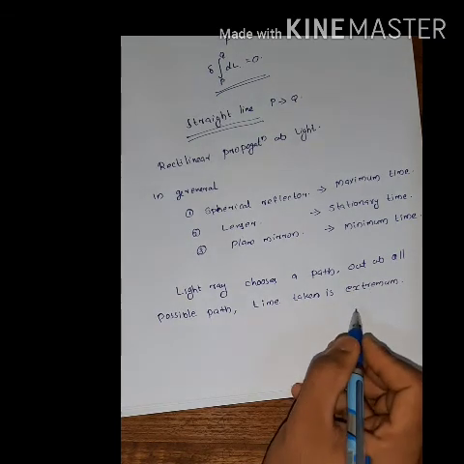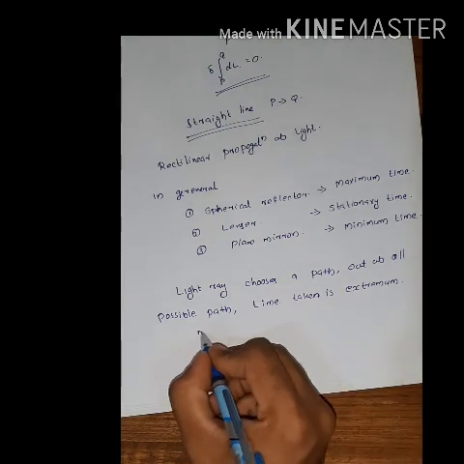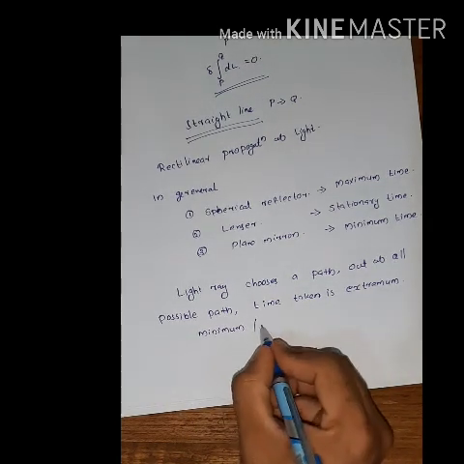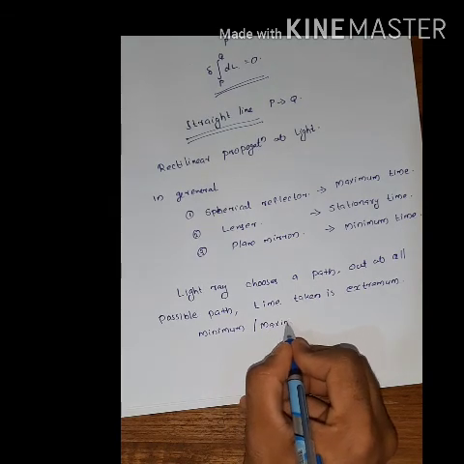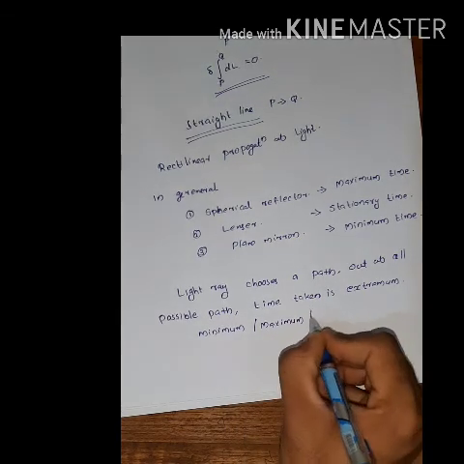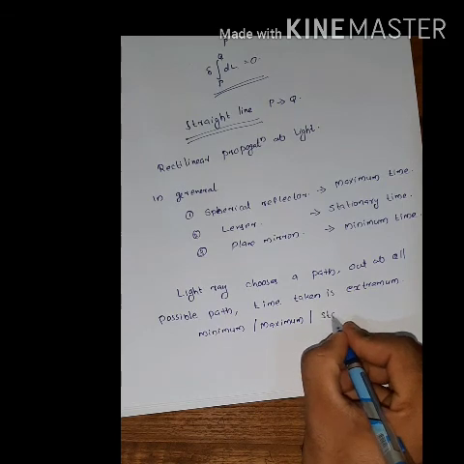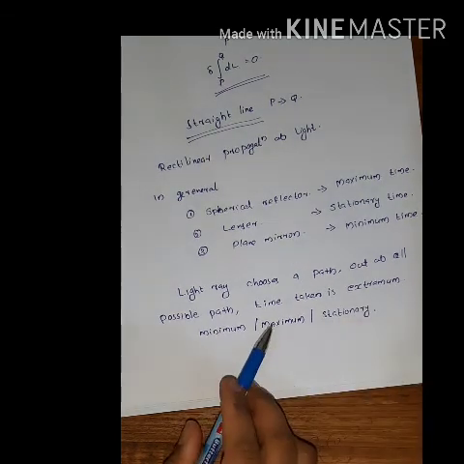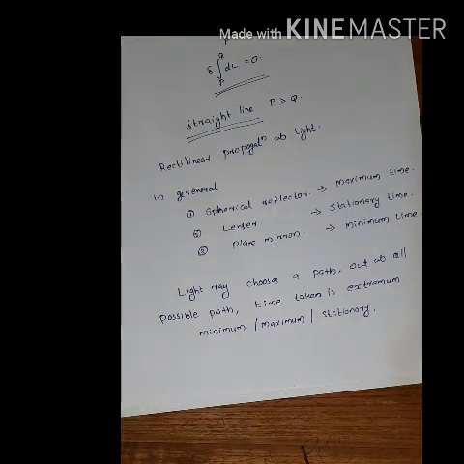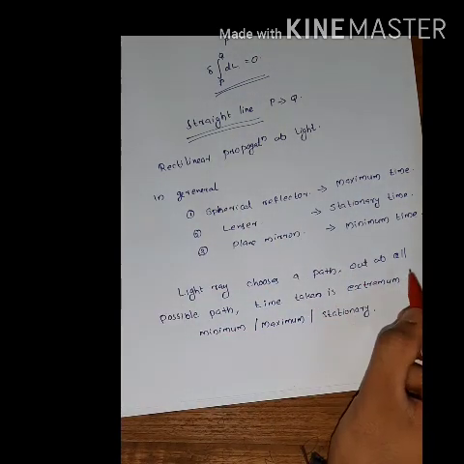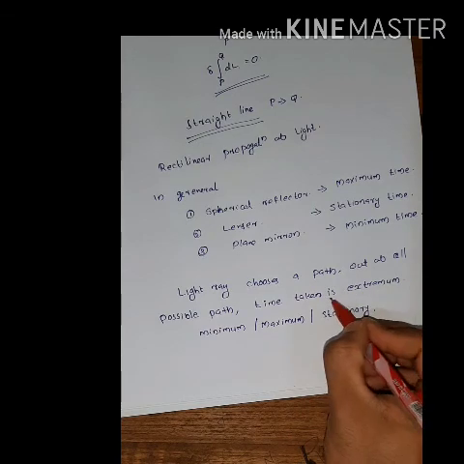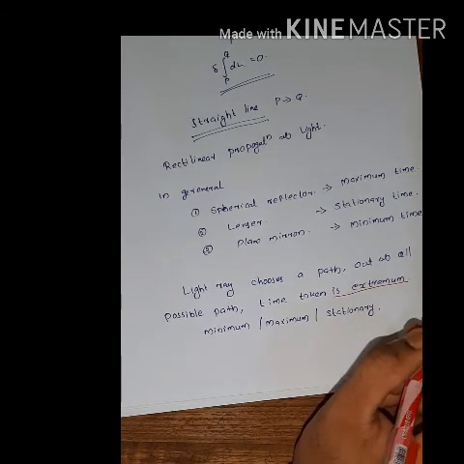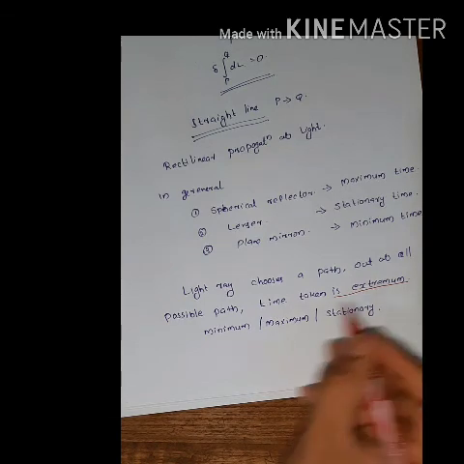Extremum means it can be minimum for the case of a plane mirror, or maximum for the case of spherical reflectors, or a stationary value. This statement, that the light ray will choose a path out of all possible paths in which the time taken is extremum, is called